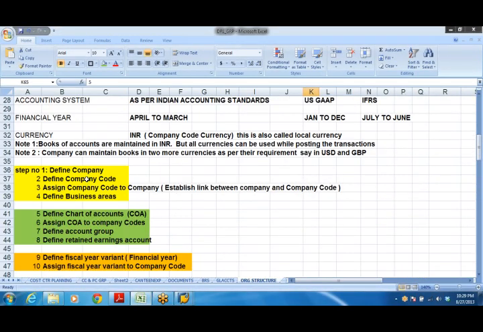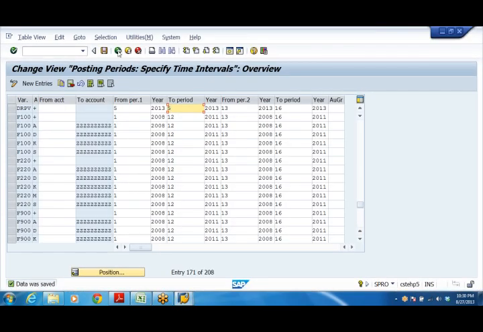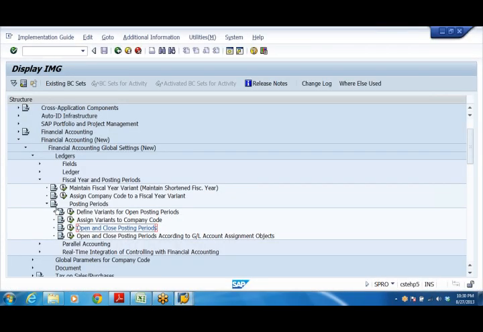So we have defined company code. I have a question actually. Yeah, ask me. I tried to post entries, but it gave me an error that there is no item category assigned to the account number. Why would it give that error? Yeah, that is because of the new GL. What you do, come on, note down first. Take your scribbling pad.